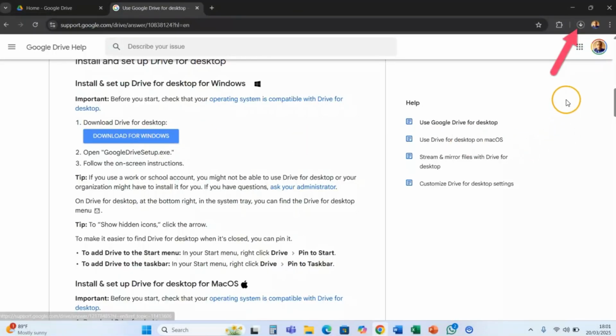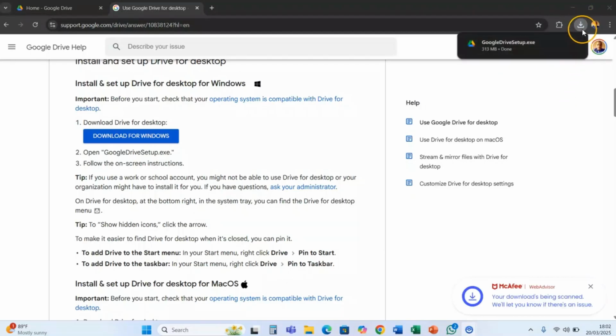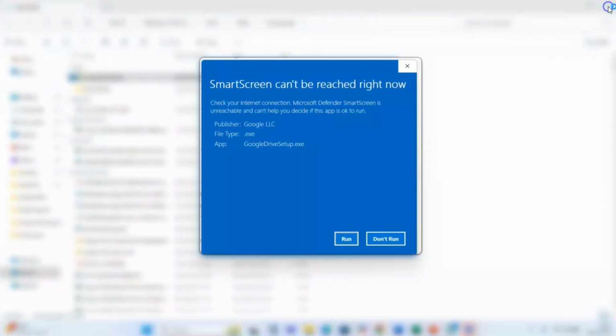We simply click on download from Windows, and then it started downloading. Just wait for it to finish the download. So we are almost done. It's downloading. Of course it is done downloading. So we have it, just click on it and run it.